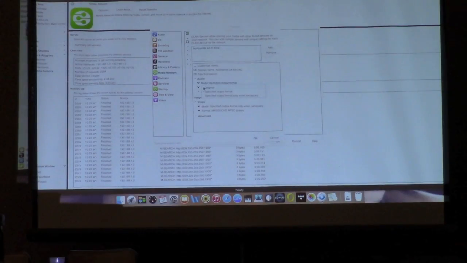So DLNA is a little tricky because it's not necessarily going to be compatible with all these different file formats, and sometimes the file extension is written differently. I'll give you an example. AIFF can be written as .AIF or .AIFF. And your FLAC file could be .FLAC, but it can be lowercase or capital F. And these little things can throw the whole system off.